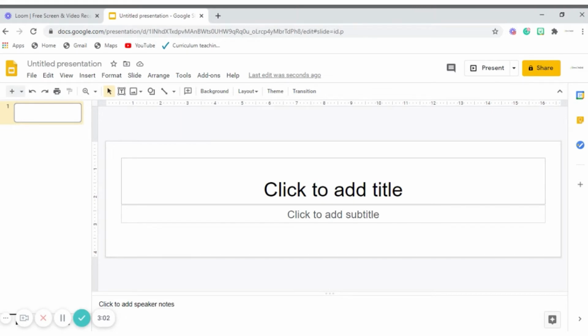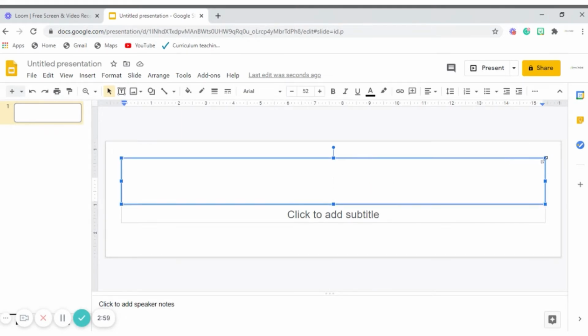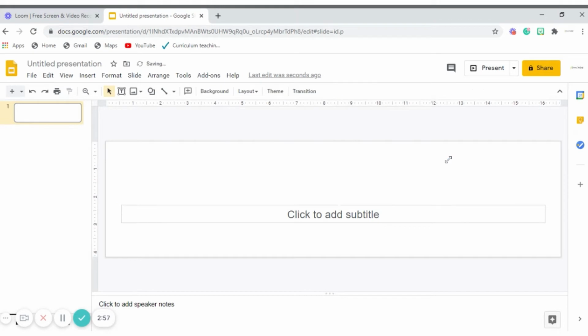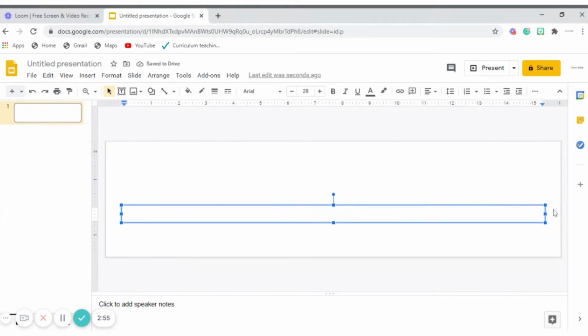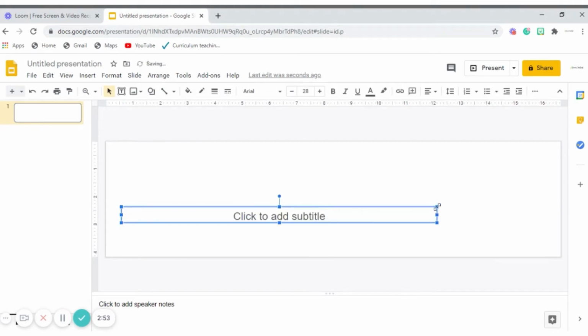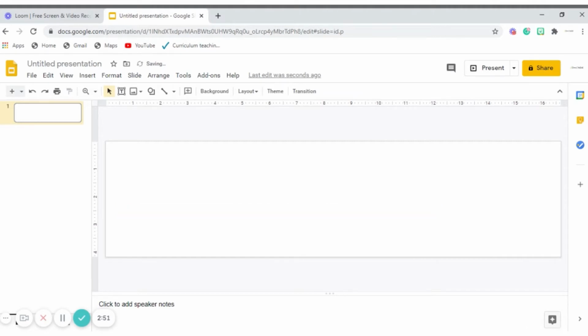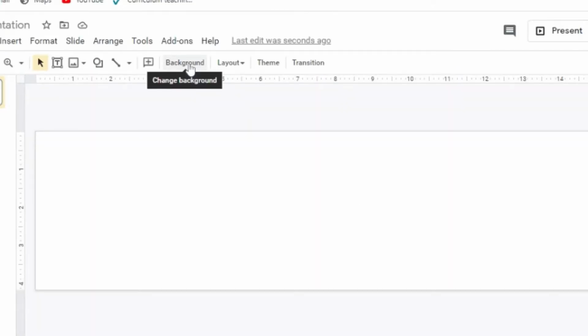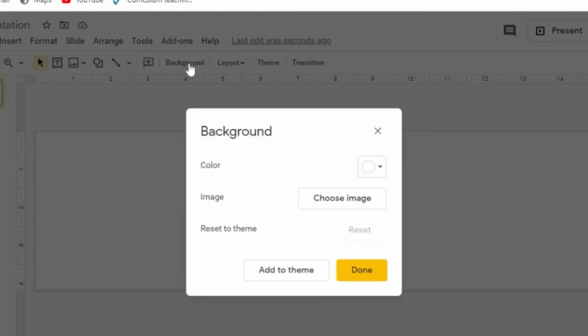As usual, I'm going to be getting rid of these boxes because I won't be using them. Or you could always go and select a blank slide. All right. So the first thing I'm going to select is, of course, my background. So I'm going to click on background, choose image,